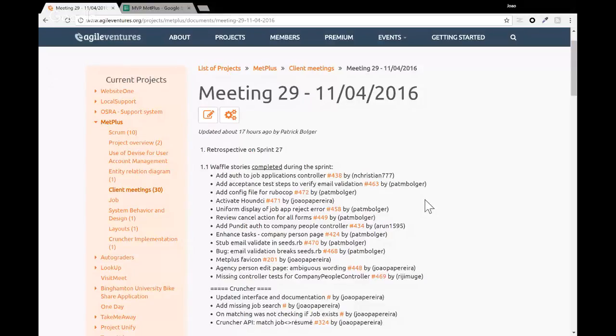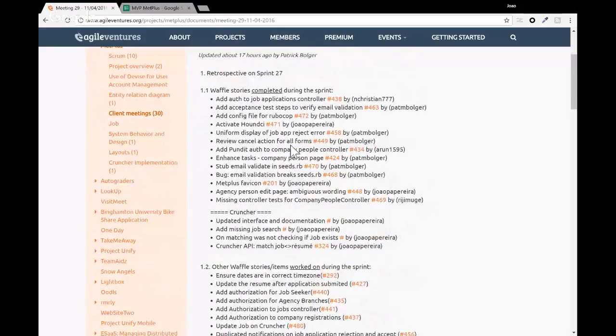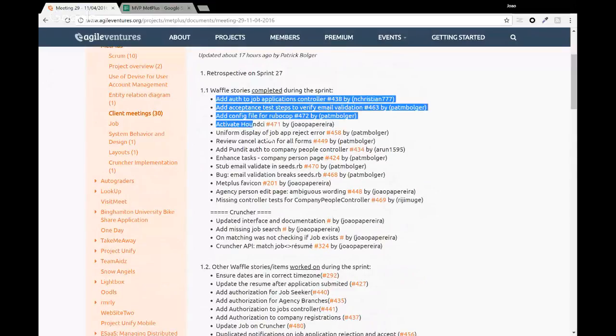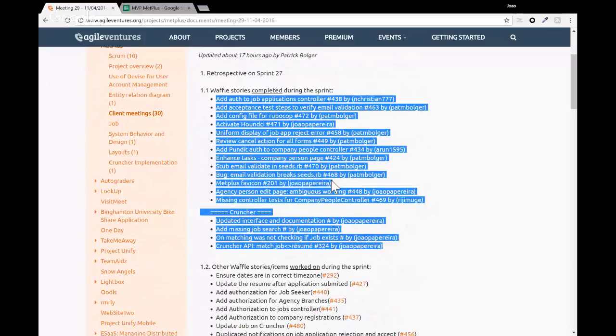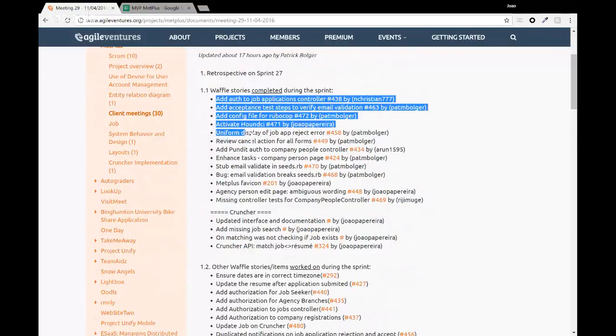We will start our meeting with a review of our sprint. We don't have a lot of things to show. The majority of the work is more back-end work and things that had to do with authorization of the users when they try to access stuff. So we will start with just a very little demo and show you some things that we added that we are unsure you saw before.